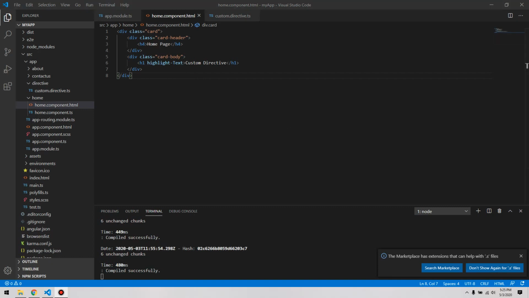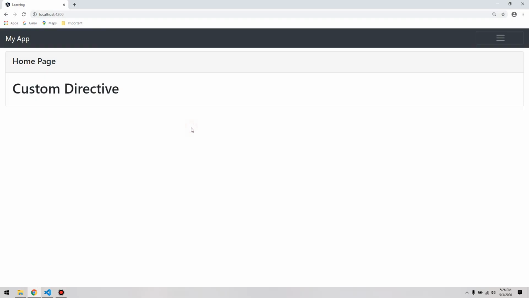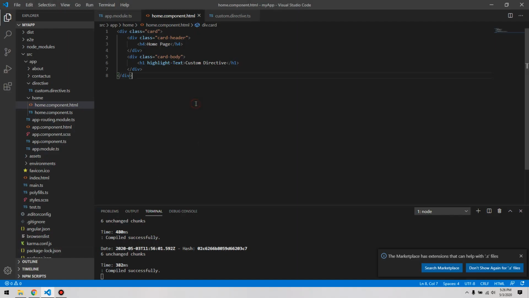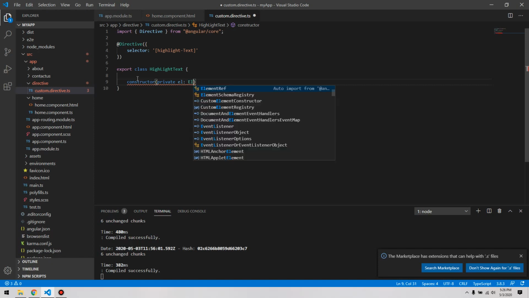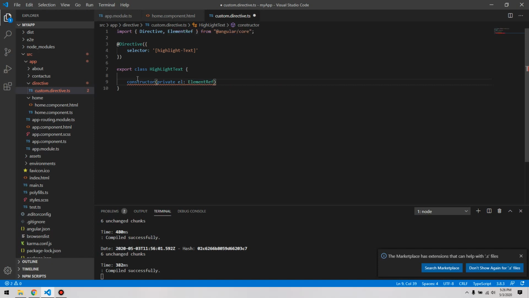After compilation we can cross-check in the browser: the text is appearing, but as we have not implemented any changes to that native element, so now with the help of the constructor we will create an object el of ElementRef.